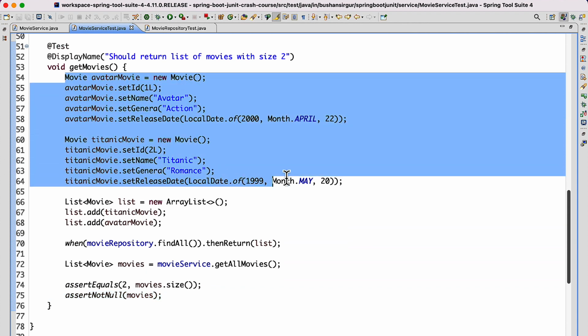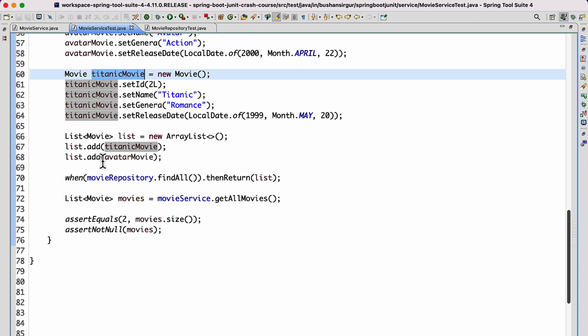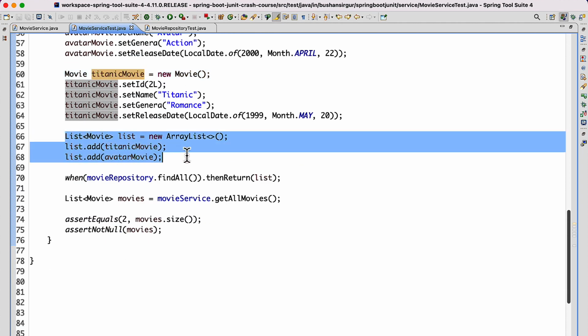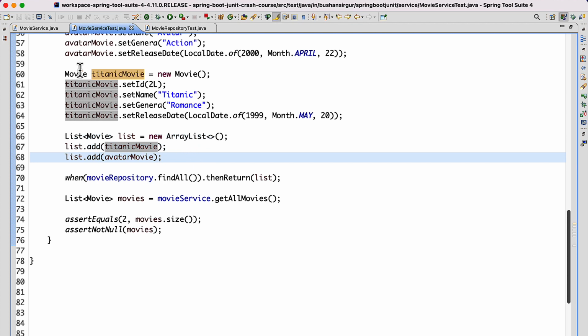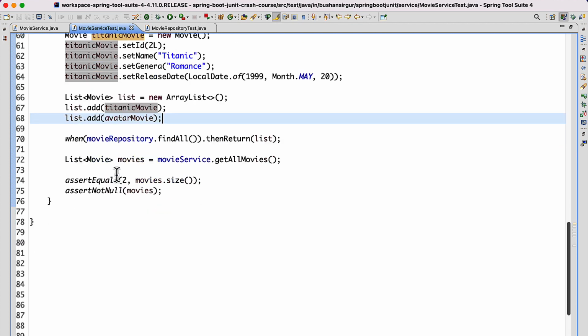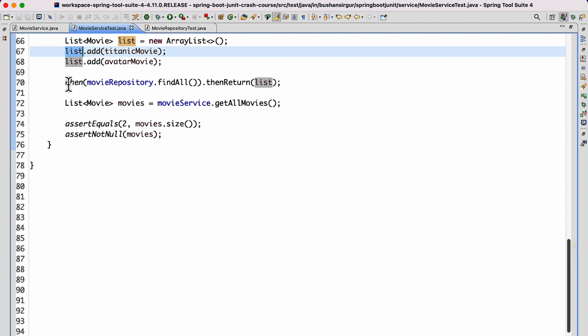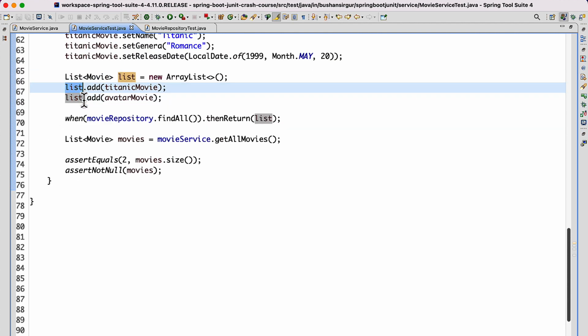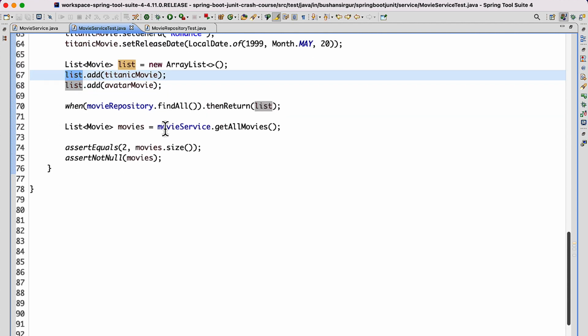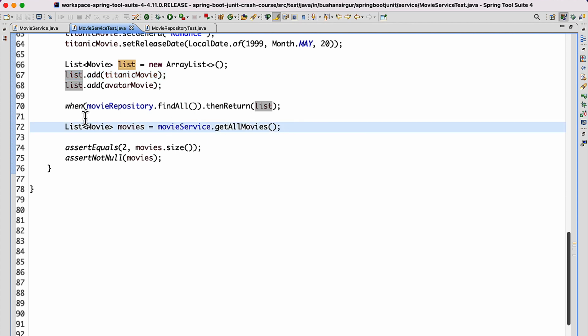We have created two movie objects, the Avatar movie and the Titanic movie. And next we have created a list, an array list, and we have added the movies to the array list. Now the list size is 2, and now we have stubbed the method using when and then return. So when movie repository called the find all method, we have to return the list which we have set up above. And at last we have used the movie service to call the get all movies service method, and we have